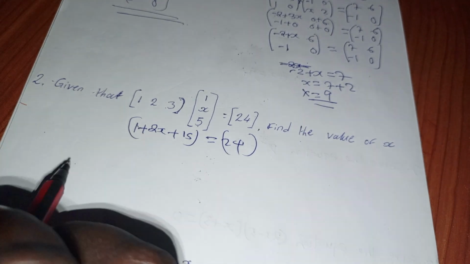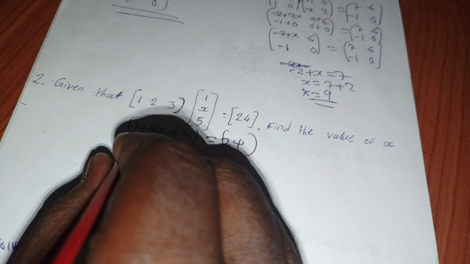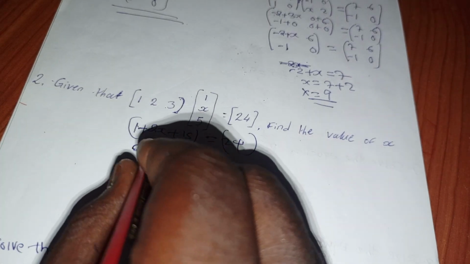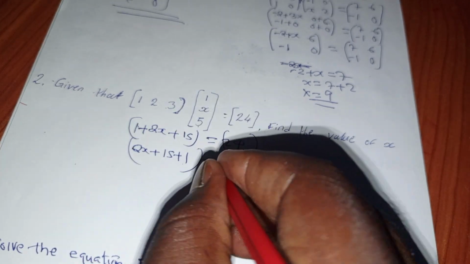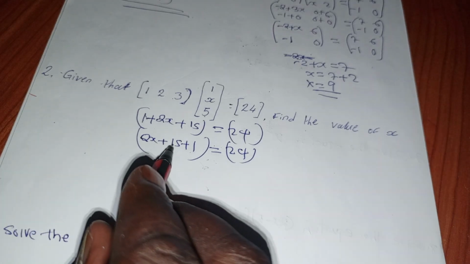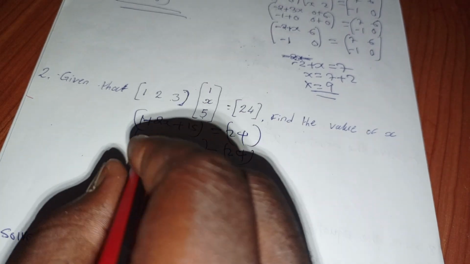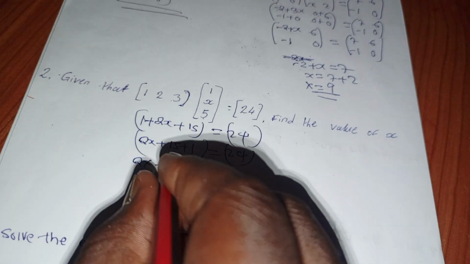Then I'll simplify and group like terms together. So this is 2x plus 15 plus 1 is equal to 24. Good. So I'll add 15 plus 1, so 2x plus 16